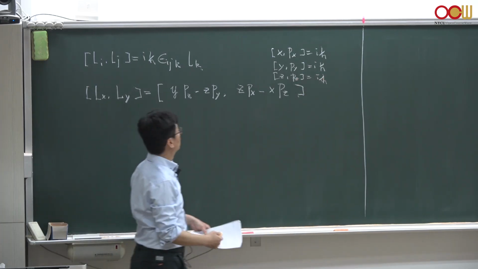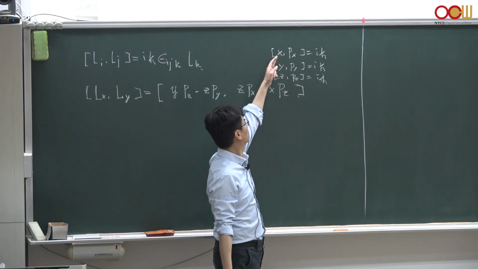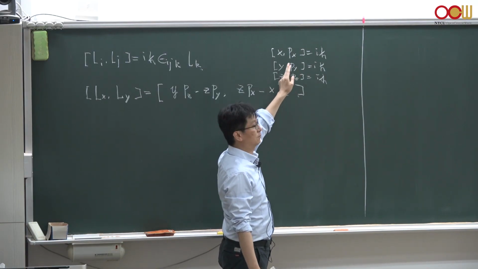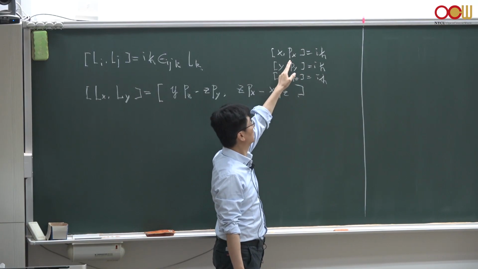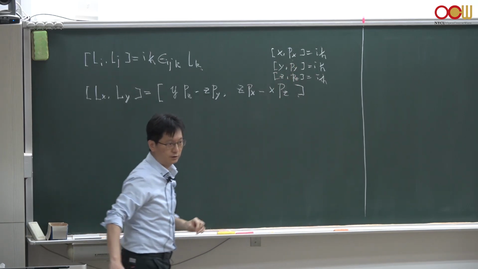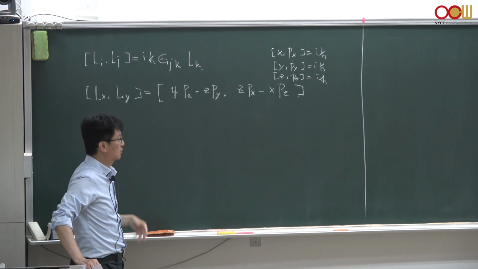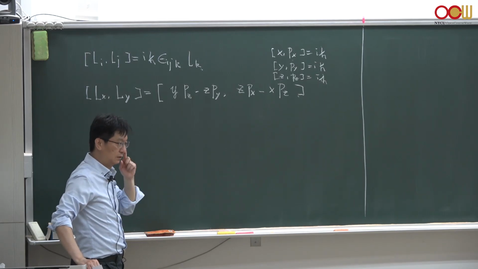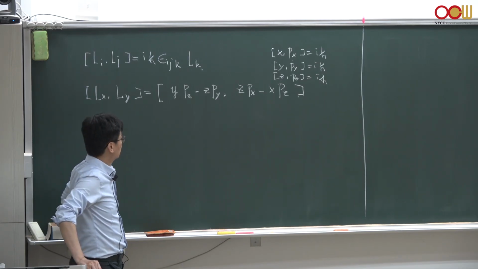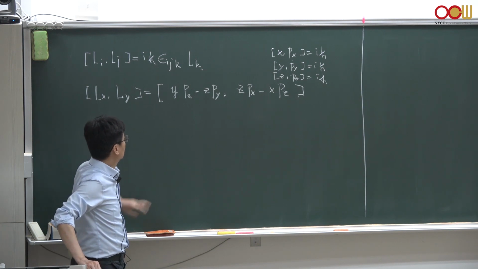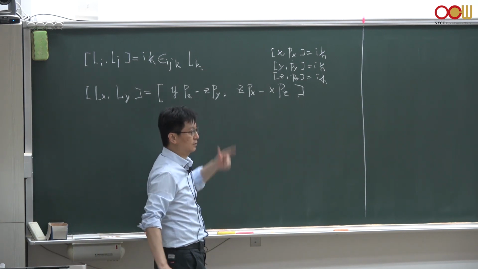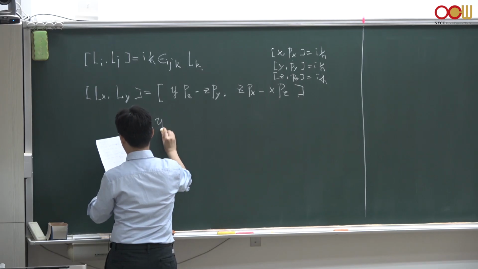But the other commutators are 0. For example, x and py, or y and px, or z and px and py are 0 when you calculate their commutators. Only x and px, y and py, z and pz do not commute. Good. So then we can simply check this commutator. Let's do it. So this is given by,